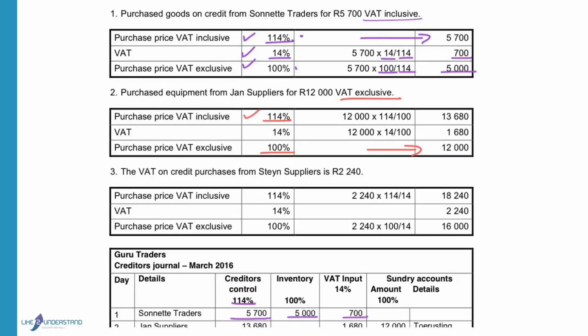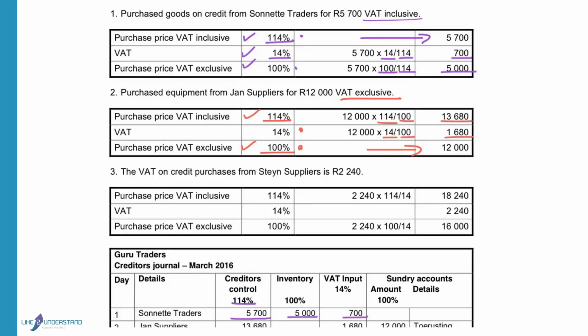So the one that we want, 114 at the top, divided by the one that we know, 100 at the bottom, times 12,000, and that will give me 13,680. If I want to calculate the VAT, the one that I want, 14, divided by the one that we know, 100, times 12,000 will give me